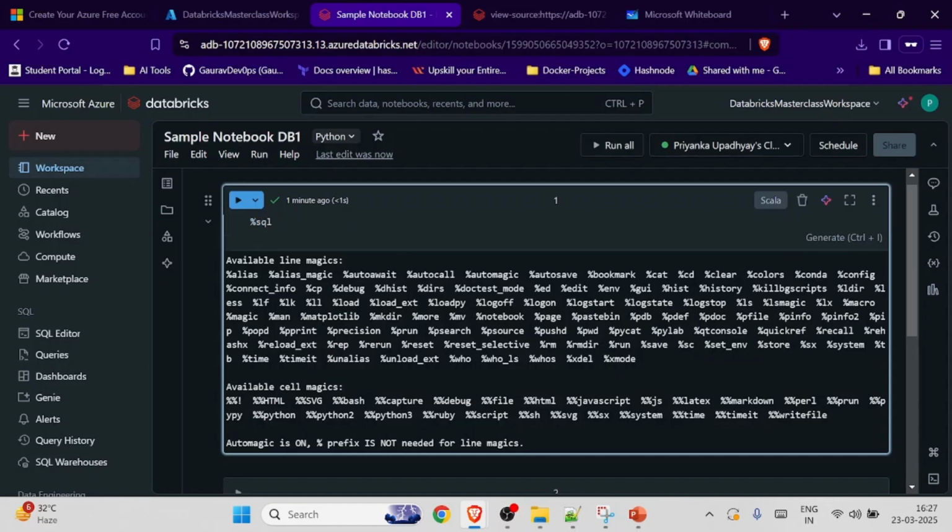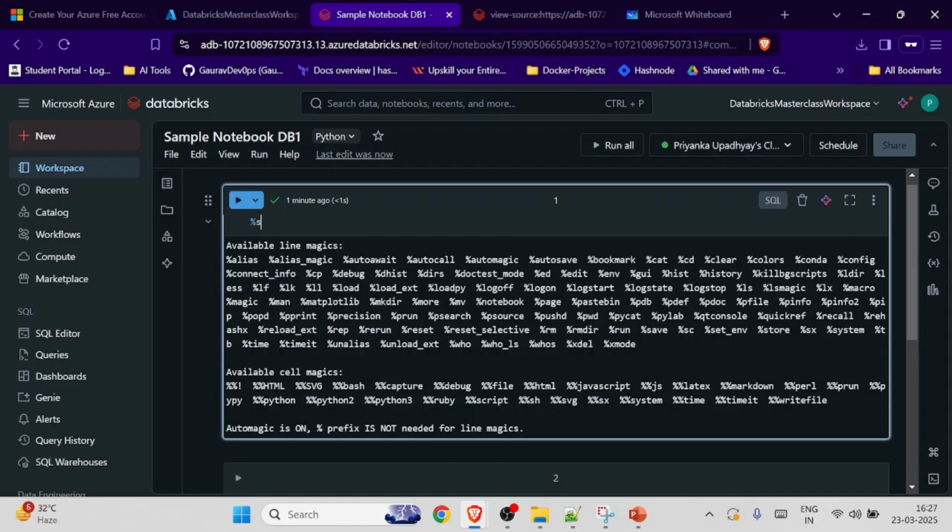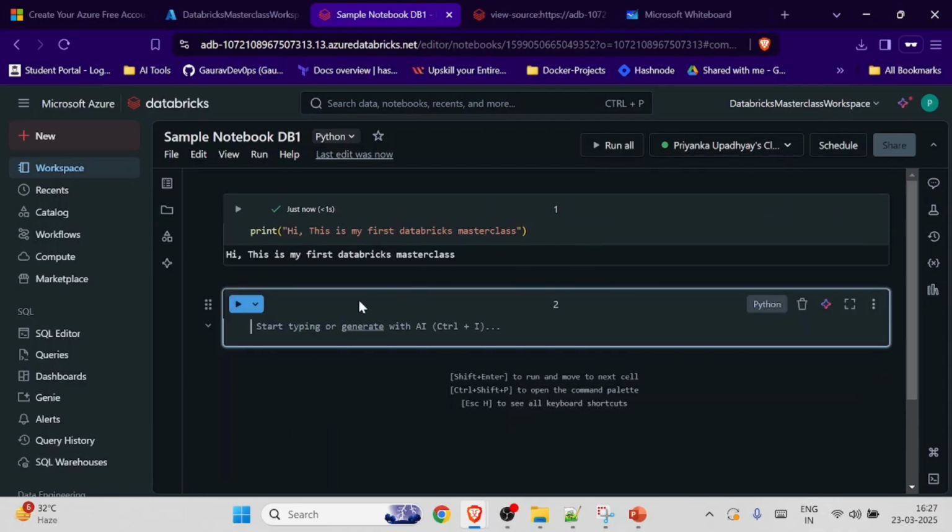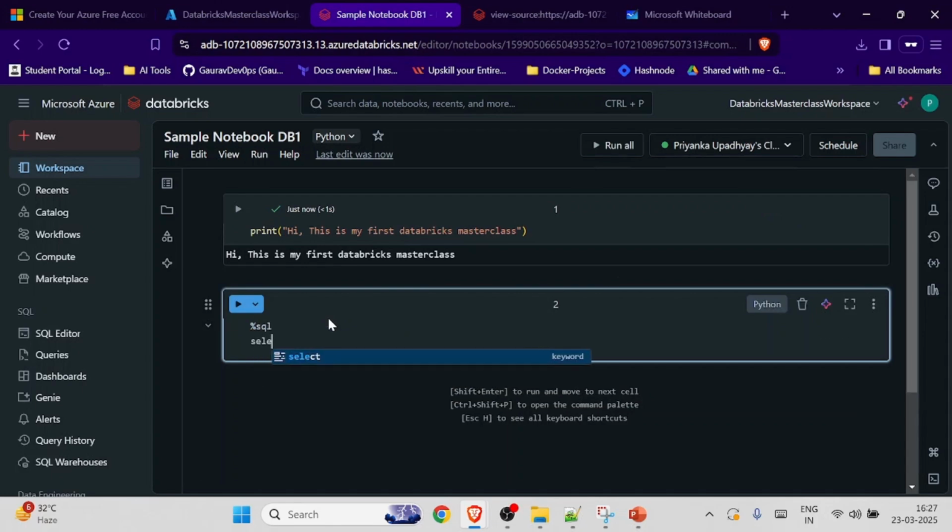So if we go with SQL, enter. Okay, no, let's do something else. So first of all, let's go with Python. Okay, let's say print, and let's say hi, this is my first Databricks session, or slash, let's say masterclass. Okay, and if we run it, it works. Now if we go to %sql and we say select